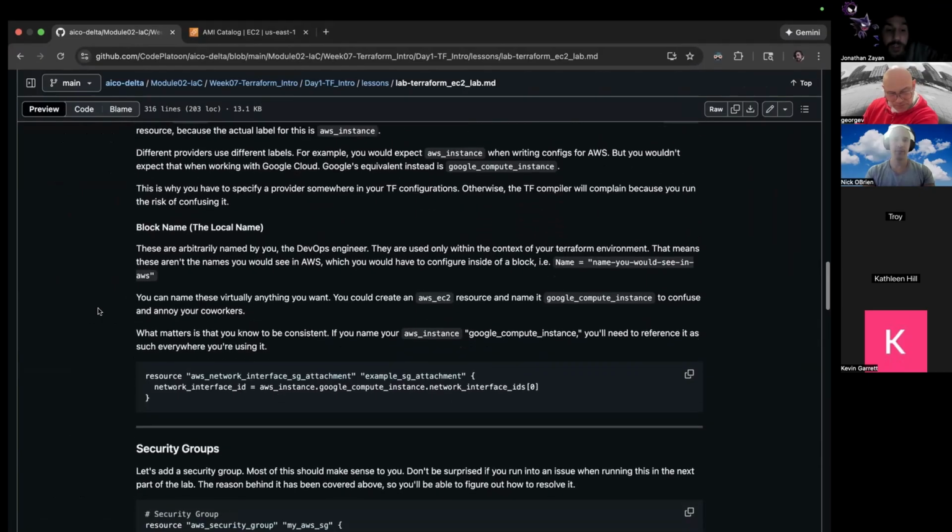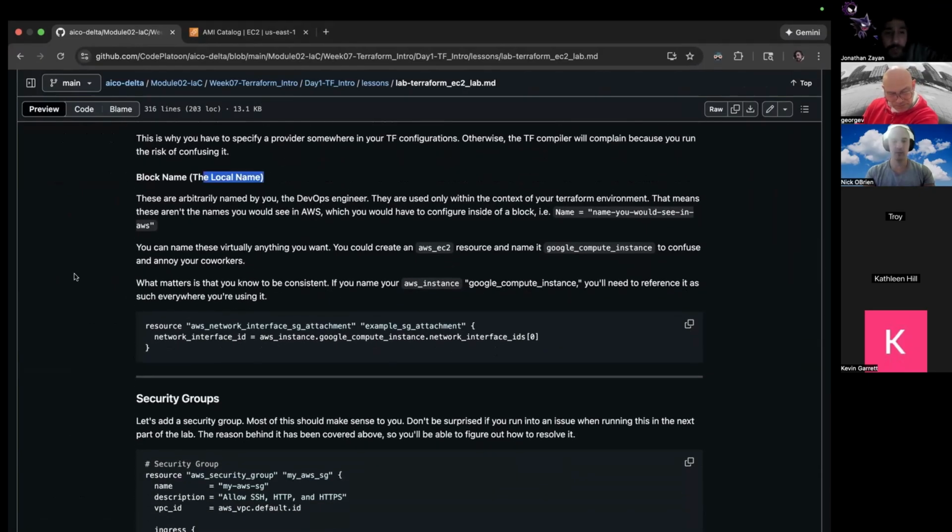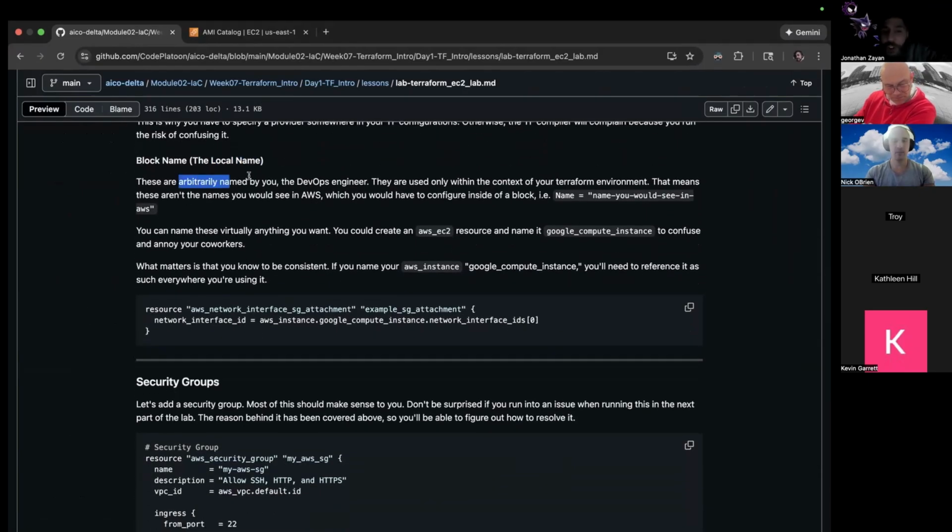Then you have your block name. That's the third part. This one, you can name whatever you want. It says arbitrarily named by you, but I would hope that it's deliberately named by you, to have a purpose. They're used only within the context of your environment. That means these aren't the names that you'll see in AWS. This is just for you within the context of the file.